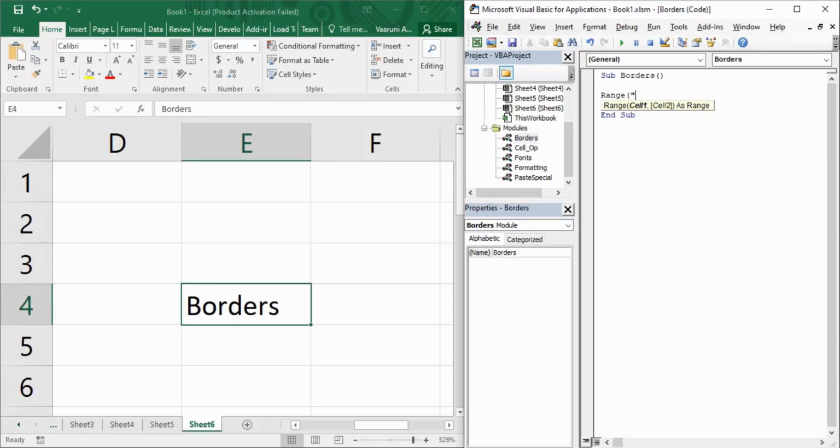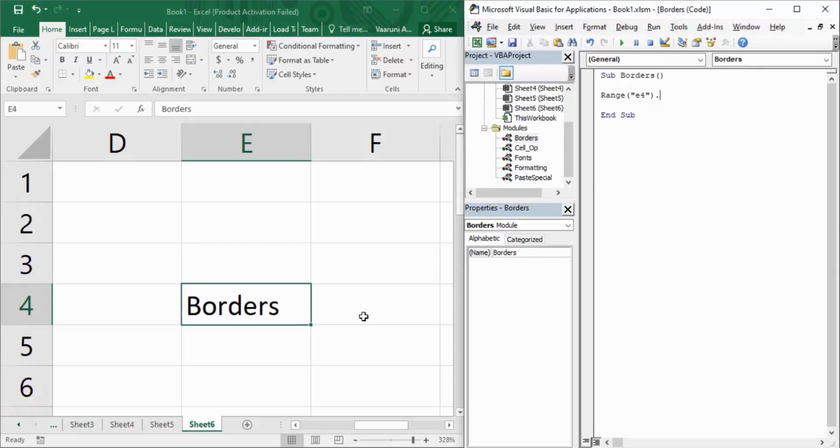The name of the cell that we are using is E4; close the double quotes and then close the parenthesis. With this, we refer to our cell E4, and then we have to specify which property of E4 we are concerned with. The Borders property is what we are going to concern ourselves with. So this is the method through which you can get to borders. Just put a full stop, or a dot.